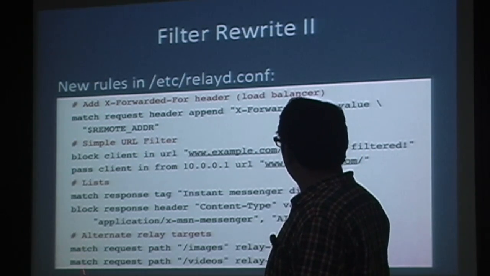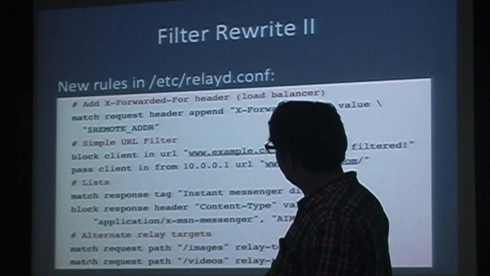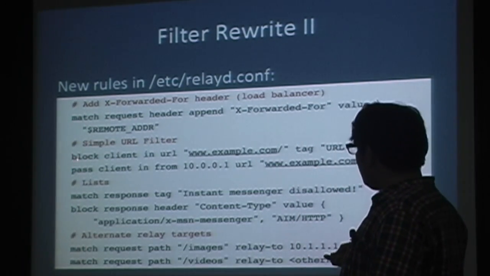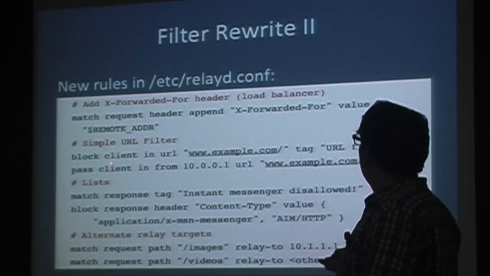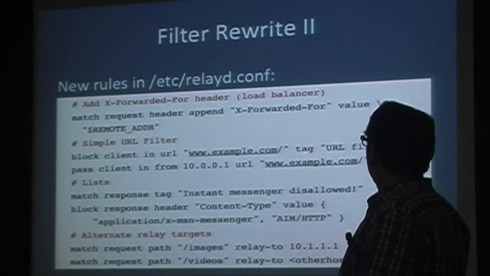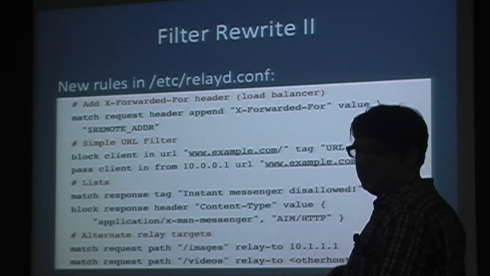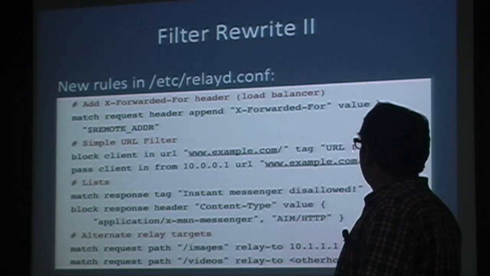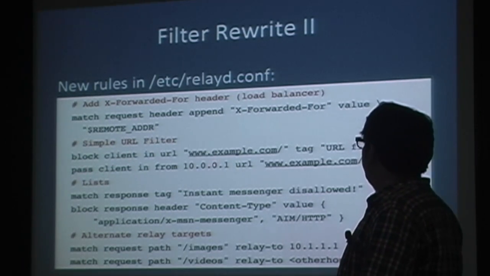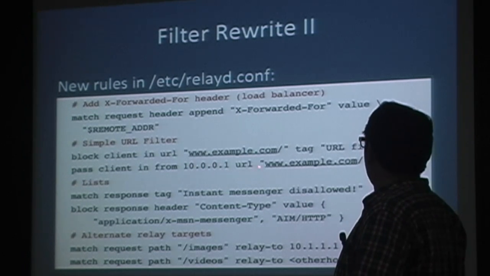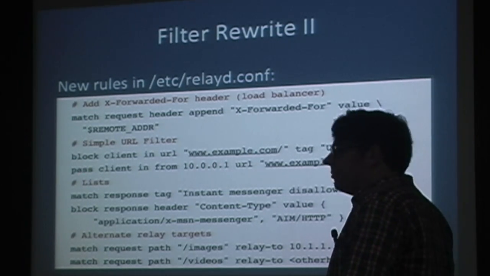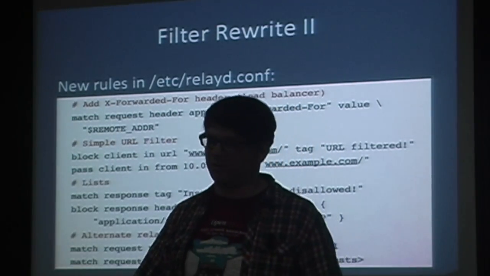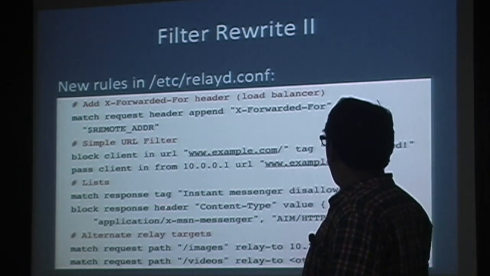So these rules are independent examples, or that might not work in this way, but if you first have a block for this URL, and you can tag it, which basically means you return the string in the error page. But because it's last match, afterwards this client 10.0.1 gets a pass. So you first block for everything, and then you make exceptions. That's the last match approach.